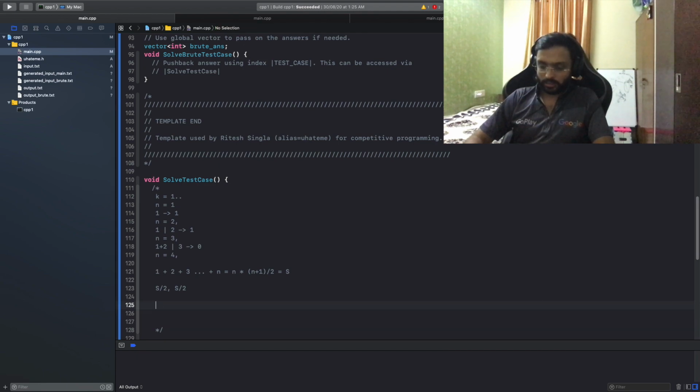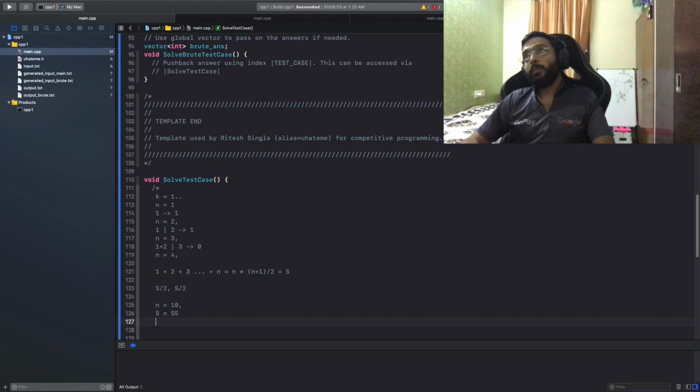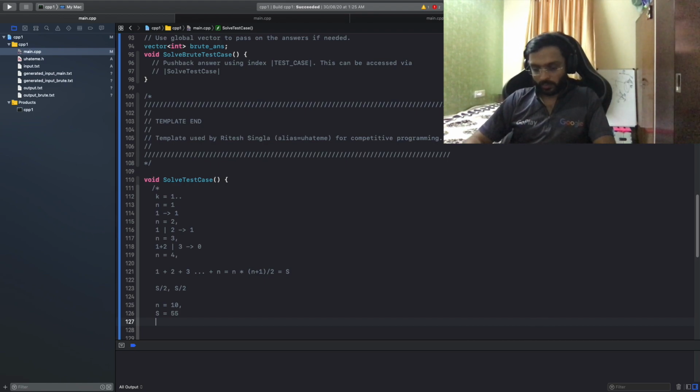If we take an example of n equal to 10, the sum will be 10 into 11 by 2, which is 55. So S by 2 will be 27.5. What we can do is I will get 27 candies and my friend will get 28.